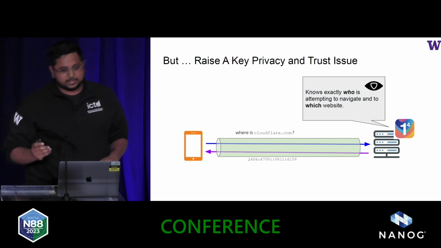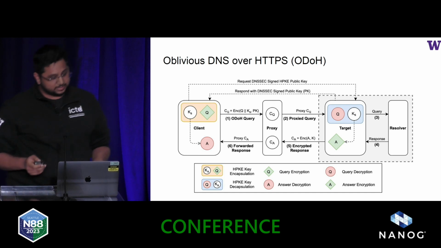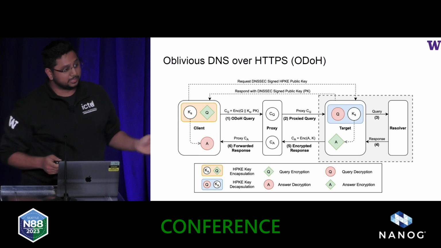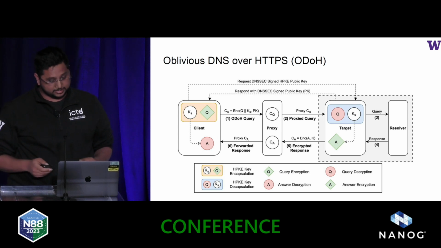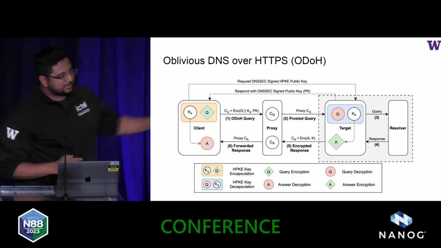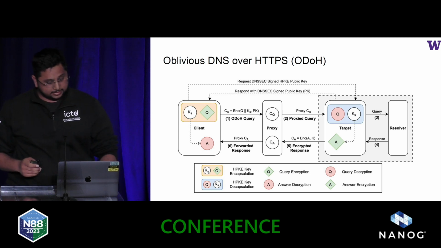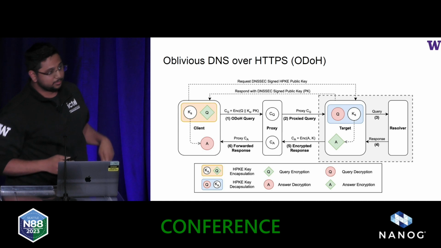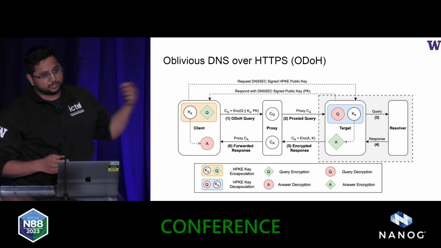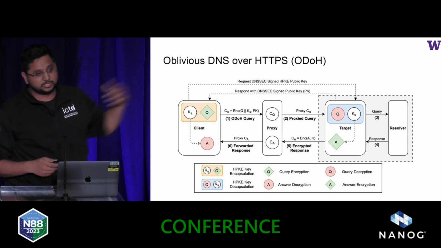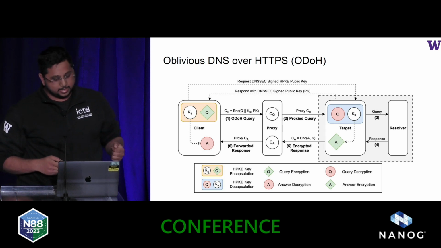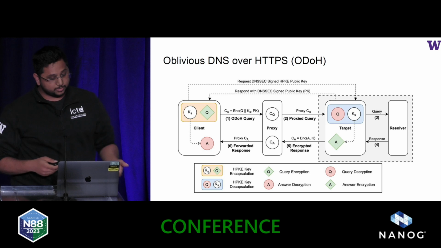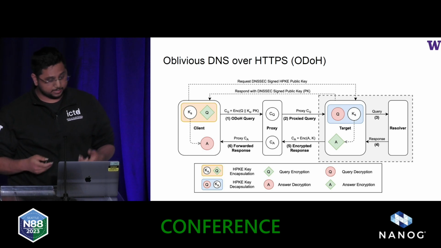So this is exactly what we do with Oblivious DNS over HTTPS, or ODoH, a part of my work during my internship with the folks at Cloudflare Research. And ODoH builds on top of the existing DoH standards, and it includes this architectural decision to include a proxy in the middle. And the assumption is that the proxy and the resolvers are non-colluding. Now, through the usage of hybrid public key encryption, we can overcome some of the cryptographic overheads and minimize them.